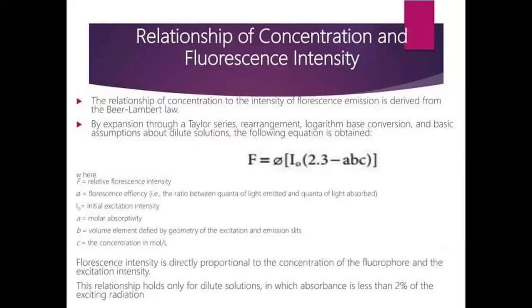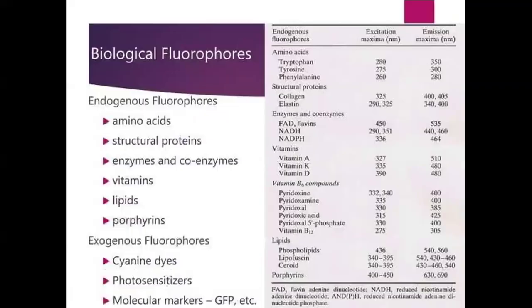This also works on the Beer-Lambert law. All spectrophotometers work on the Beer-Lambert law, that is, the quantity of radiation absorbed is directly proportional to the concentration. If you look at biological molecules, these molecules can be used as fluorophores, that is, they are able to emit some radiation. When these fluorophores are attached to some dyes, their fluorescence property will be enhanced. This will be noted with respect to the fluorescence spectrophotometer.